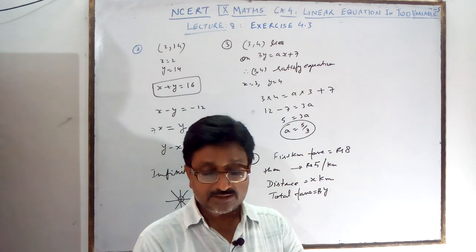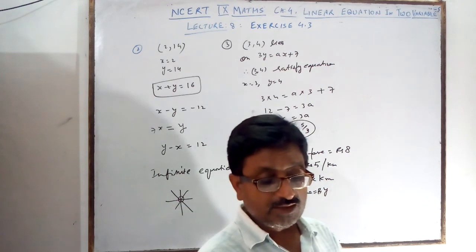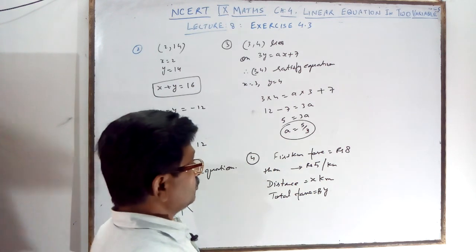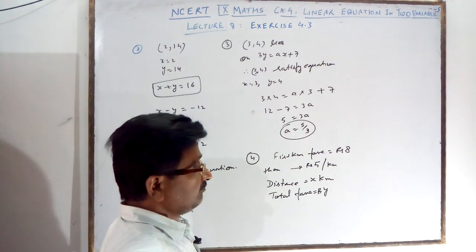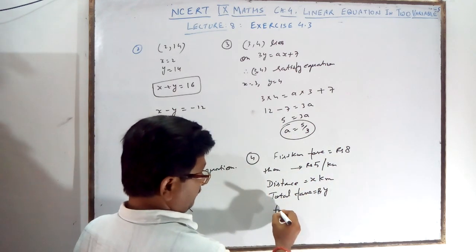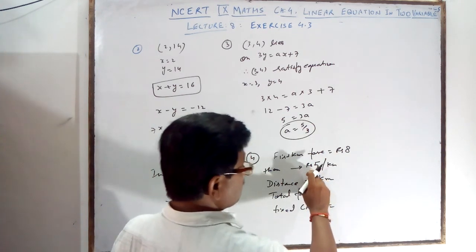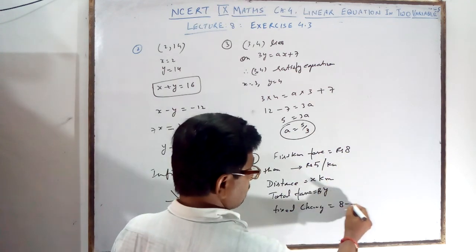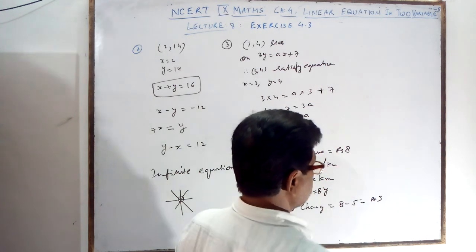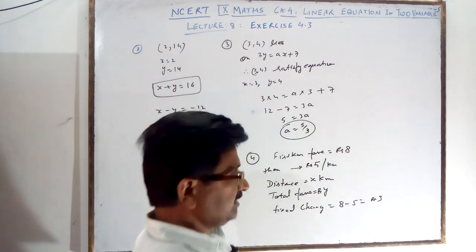You want to find out a linear equation to form and then draw its graph. You want to plot the linear equation for this. Rupees 5x. What is the difference between the first kilometer? What is the fixed charge? For 1 kilometer, 5 rupees, 8 rupees is this, so 8 minus 5, what will you get? Rupees 3. Rupees 3 is the fixed charge. 5 rupees per kilometer, very simple.